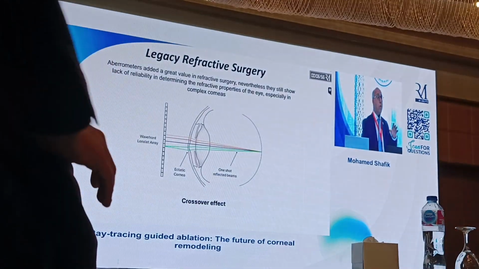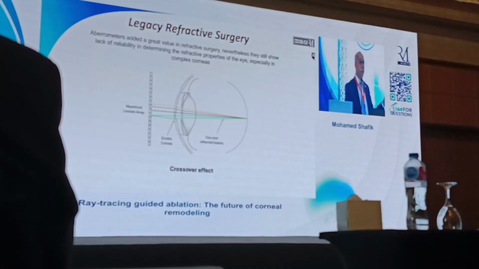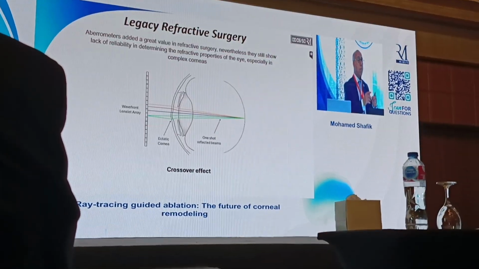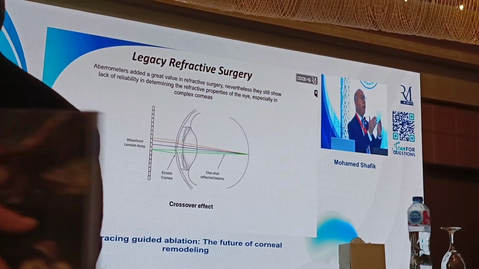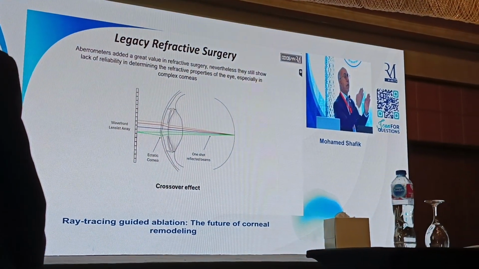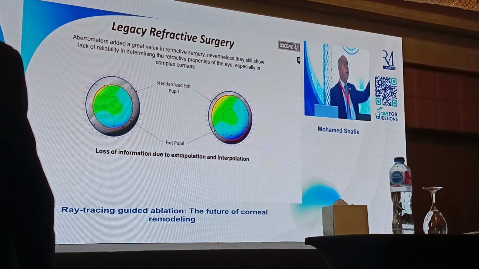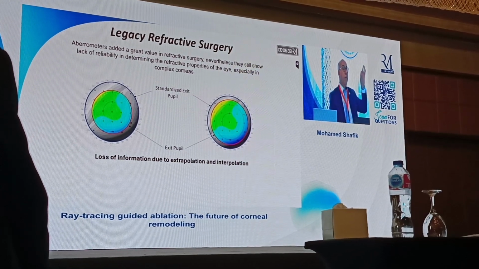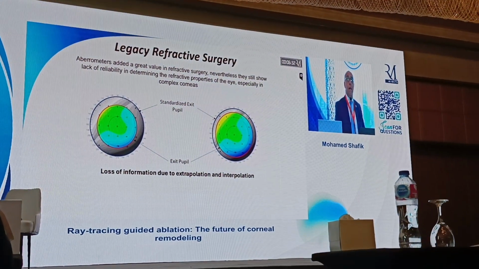Yet, we have some little problems with the aberrometers and the topographers that we have in hand in general. For example, the crossovers: those who work with an aberrometer know very well that the condensing of the aberrations can make one lens take the information of another lens, and this is called the crossovers. Also, the limitation of the pupil. When you have unlimited pupil size, there is an extrapolation of data outside or beyond this pupil that limits the results of the